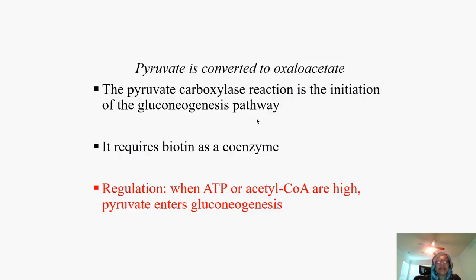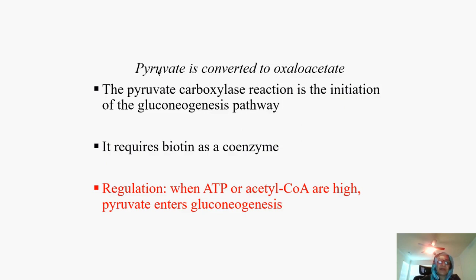Okay, so the first enzyme in the reaction requires energy, but it also requires biotin. And this is just something to remember. When we see biotin, that means there is, most of the time, a carboxylation reaction, an addition of carbon. Addition of carbon in general requires an enzyme and also a coenzyme. A coenzyme is like a helper, an assistant to the enzyme. So in this case, we have biotin add the carbon atom to pyruvate to form oxaloacetate.